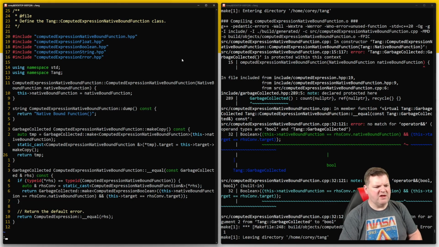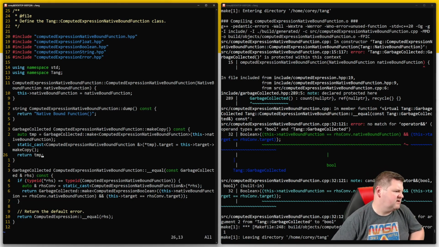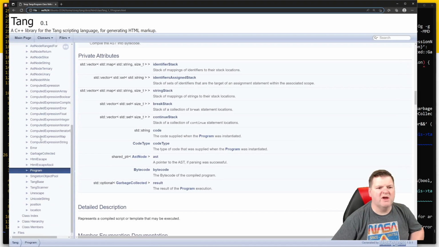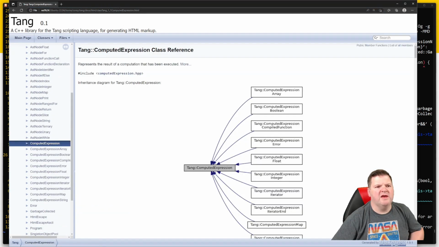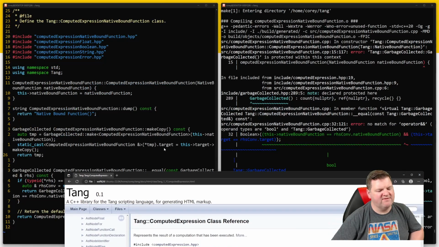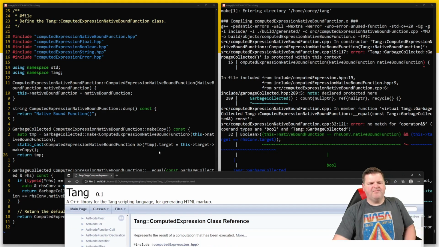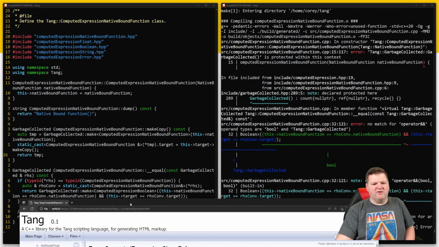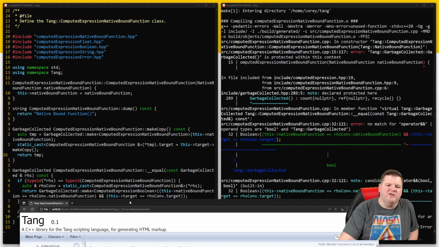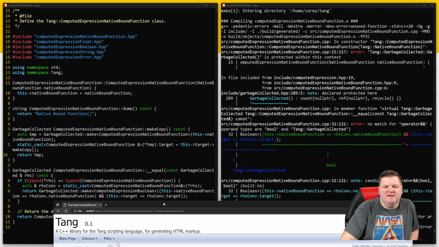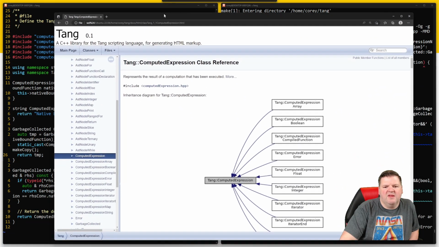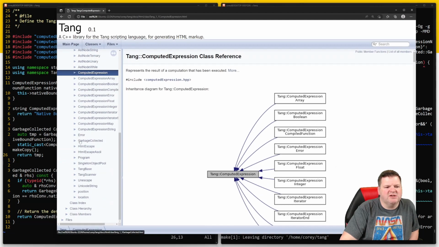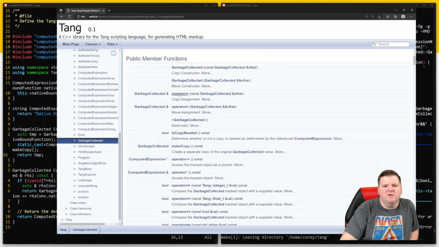So I'm going to edit. Well, no, I don't need to. I can look at my documentation for computed expression. And what's happening on this one right here, so I haven't solved the main problem, but on line 32, which is down here, this arrow target is a garbage collected value. Does that equal the right-hand side target? And so garbage collected right there. Operator equal will return a garbage collected, but